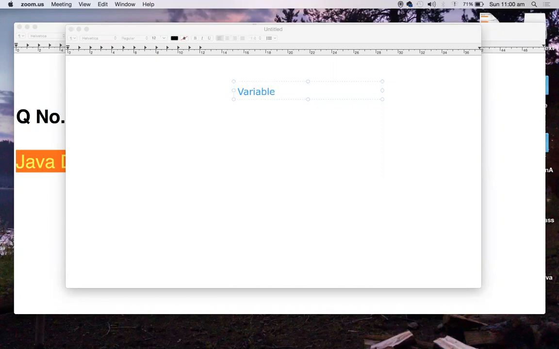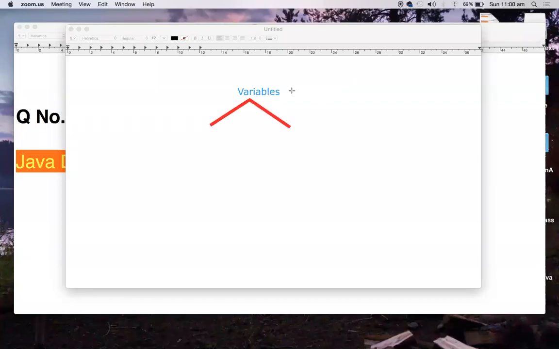What is, first of all, a variable? A variable is something which changes during the course of program execution. In general, in Java, there are two kinds of variables.